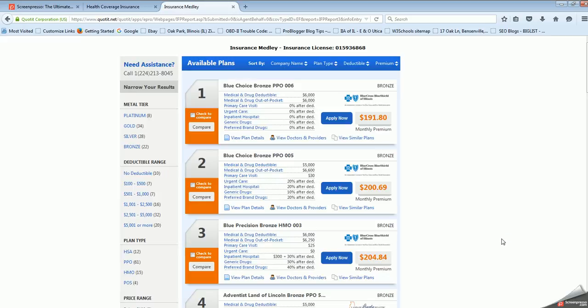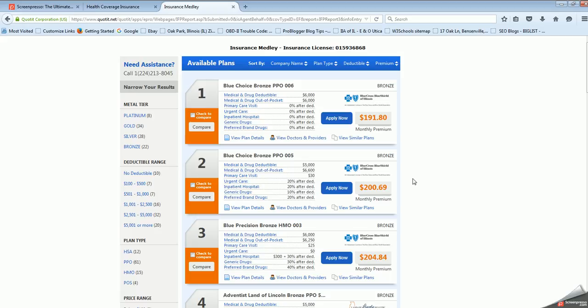After the quote process goes through, you get a bunch of plans. Now, to make it easier for clients, because there are so many different plans and so many different options, they have platinum, gold, silver, and bronze plans. Platinum is the top, gold is really good, silver is good, and bronze is still pretty good. I would personally say all the plans that are out there are pretty phenomenal. It's really based off of what is in your budget and what you would like.